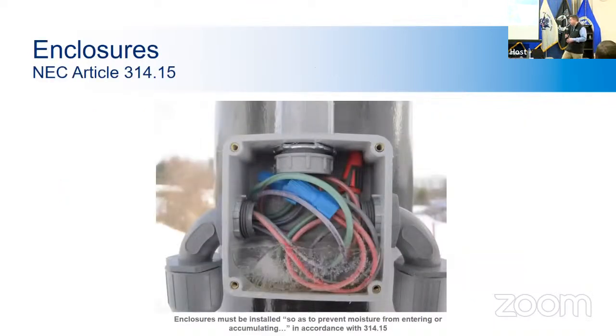Here's another kind of interesting situation. There's an outdoor rated enclosure, which is the junction box. And you can see ice that formed in the bottom. So obviously water got into it. The way that you can't see in the picture, but the way that it got in, is this top entry point is not properly sealed, so water would drain in. And it would just pool in here until it got up so it could exit through one of these two conduits. And then you have just water throughout your whole system. Which, as I have mentioned many times, is bad. And this could have been avoided with a weep hole, because, you know, as the water cools, it'll be pooling at the bottom, it'll drain right out. But obviously you want to fix that connection that is not properly installed, so that you don't have any water getting